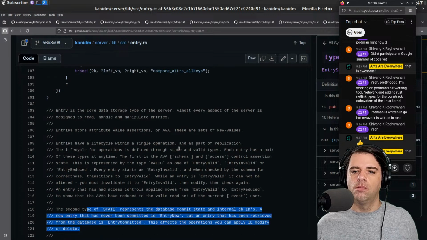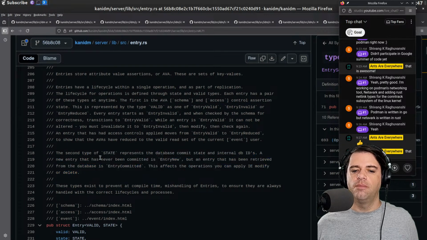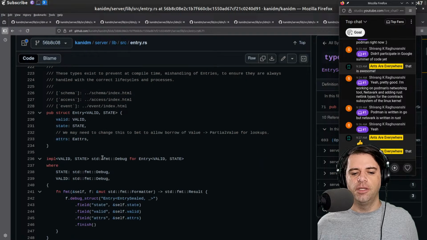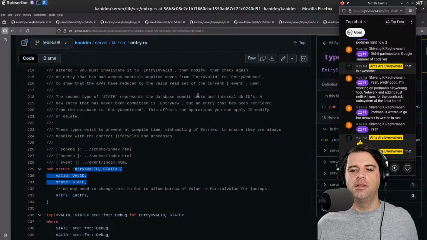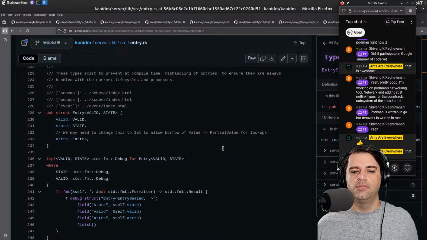I don't know if they're rolling their own commits in some sense. Again, it kind of depends on what database they're using. So entry has valid and state, whether it's valid and what the state is, which I think they said is the database commit state. And what else?